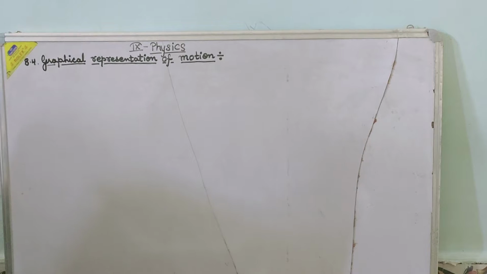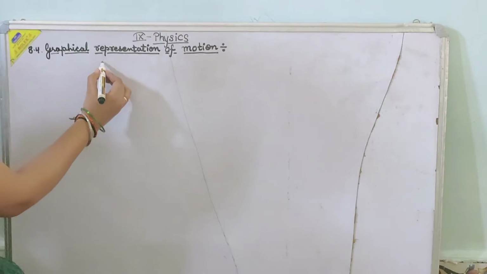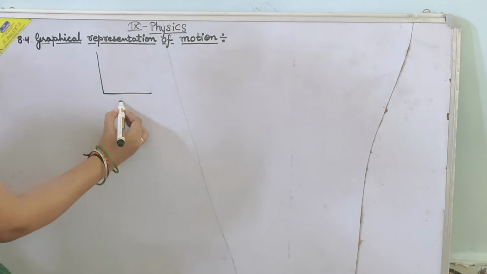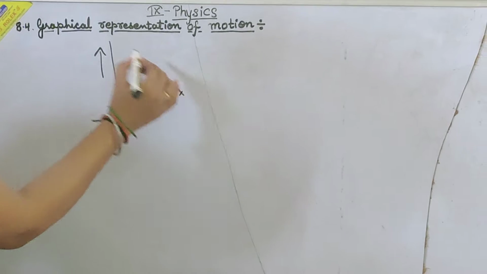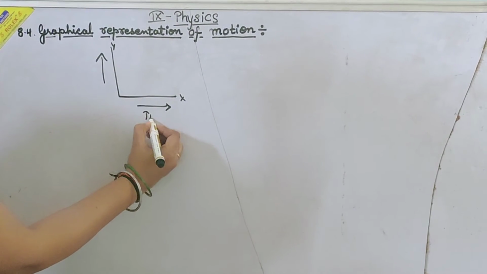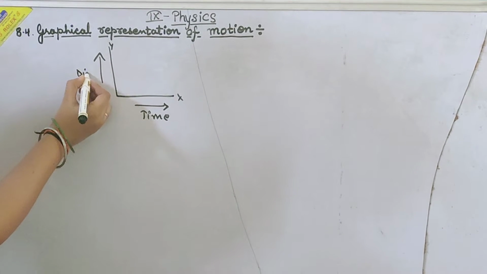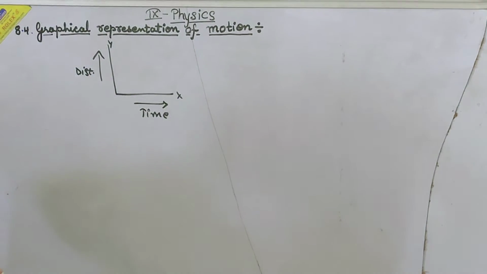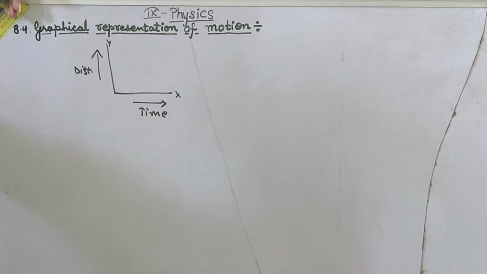Okay. Graphs provide a convenient method to present basic information about a variety of events. Graphs are used to represent a number of information. Suppose this graph is representing something on its axes. Suppose this is the x-axis and this is the y-axis. On the x-axis if we represent time and on the y-axis distance, it is in short a representation of a huge amount of data.